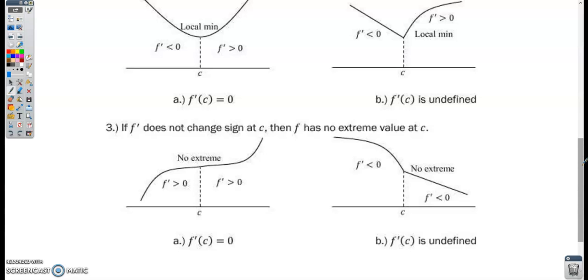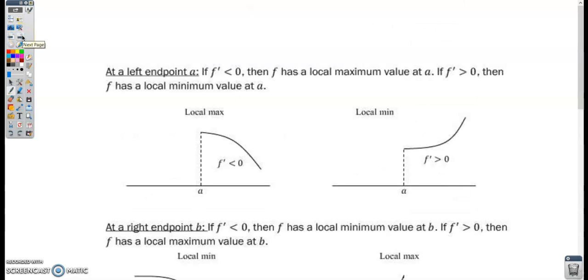Okay, over to the next page. Now we have special situations that occur when we have a left endpoint and a right endpoint. At a left endpoint, which we see in both of these pictures, I've drawn this as the left endpoint of a function. If the derivative is negative to the right of the left endpoint, that means we've got a local